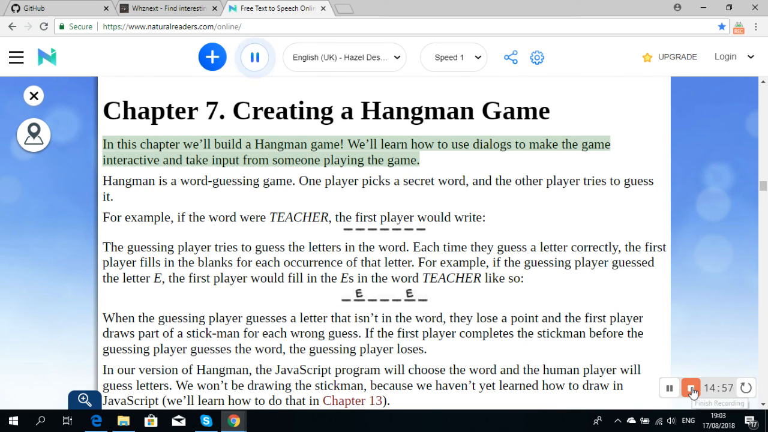In this chapter we'll build a hangman game. We'll learn how to use dialogue